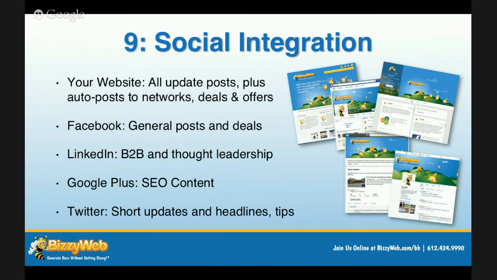network. So for example, a Twitter post would be much shorter and is usually probably just the title of the post. Facebook would have the key image or the featured image of the post, the first synopsis or excerpt of the content, and a link to that page. The best thing about social media integration as we build it is it all includes straight links to your content that helps you with search engine results because it's links to your